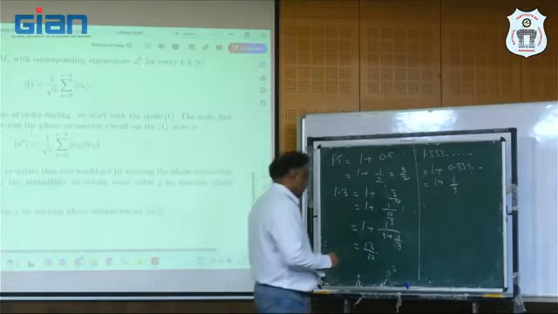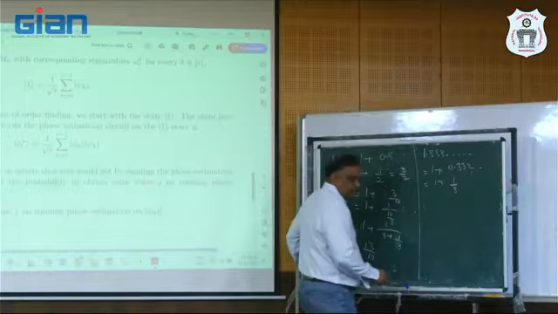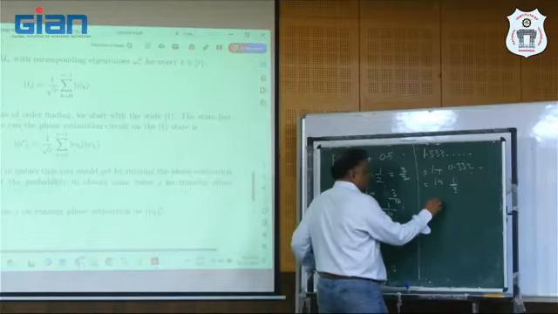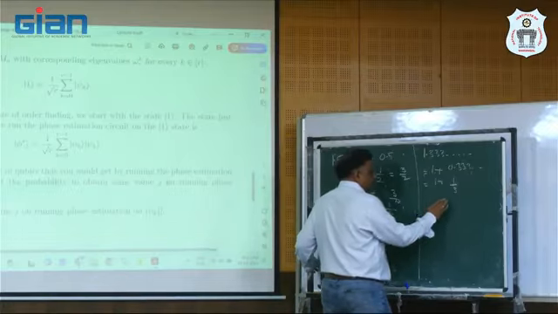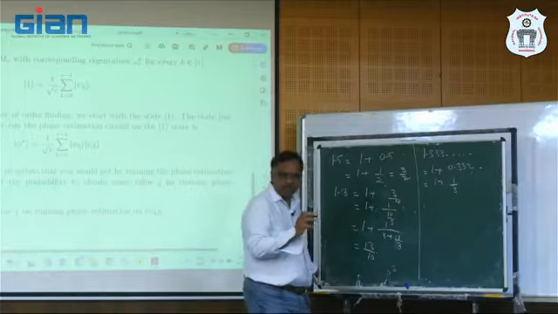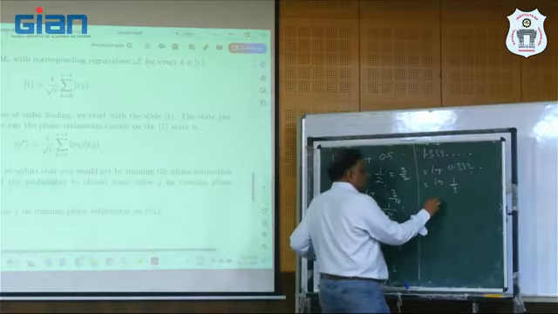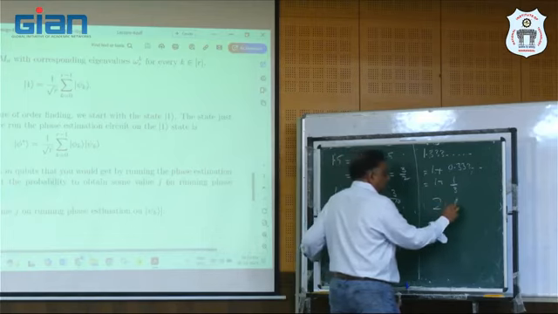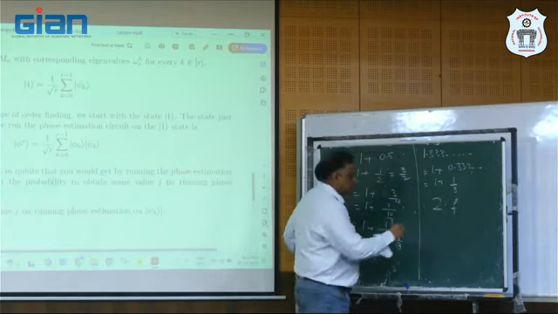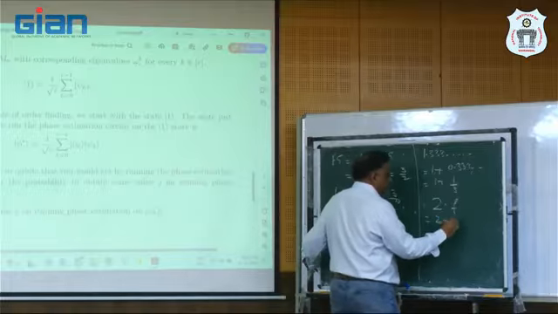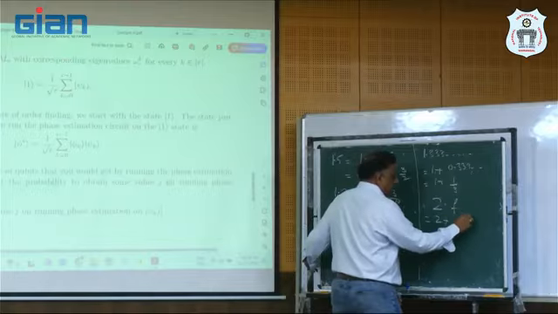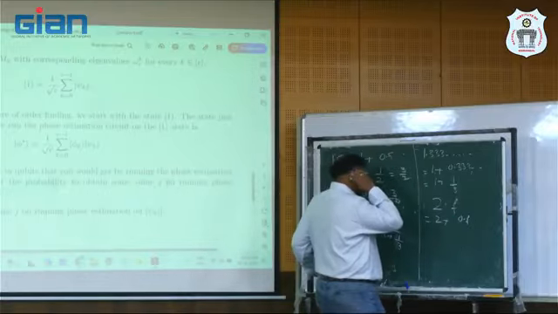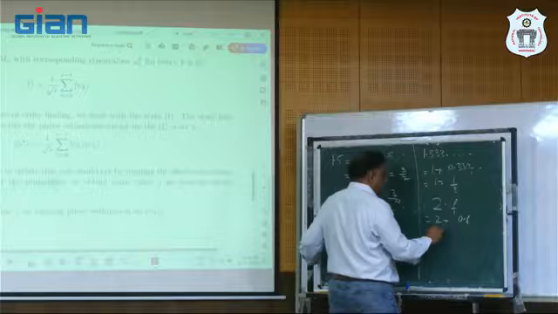The procedure is, when you have a number, it has an integer part and a fractional part, correct? So there is an integer part, let us say 2 point some fraction f, okay? So we will write it as 2 plus 0 point f, correct? But we will try to express the